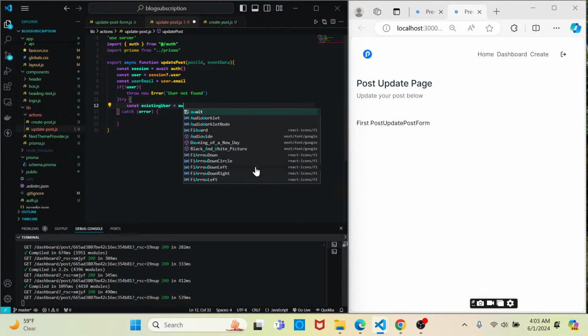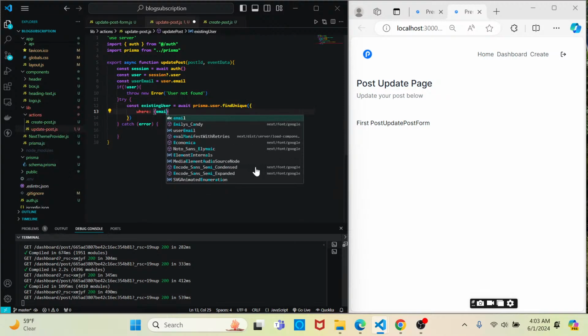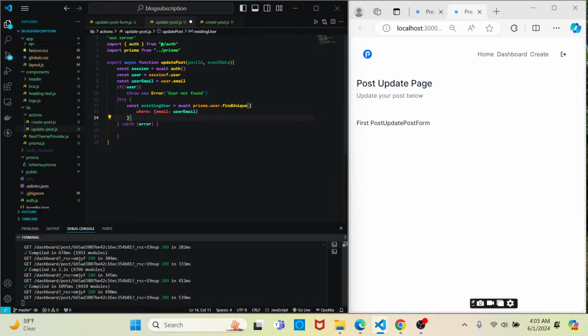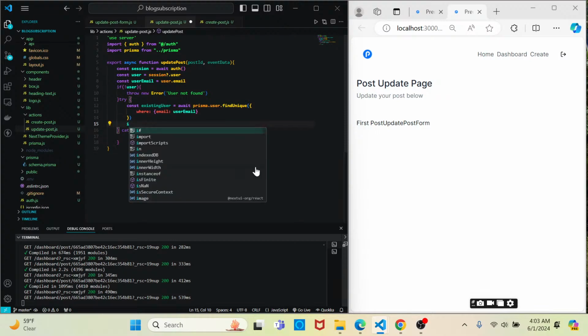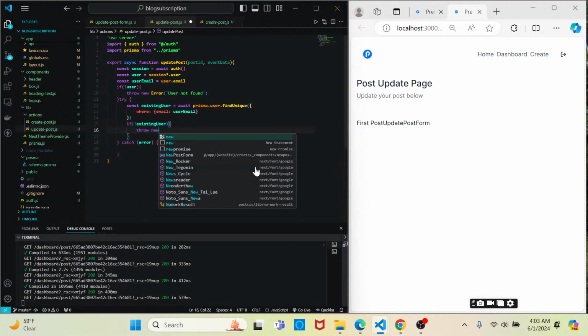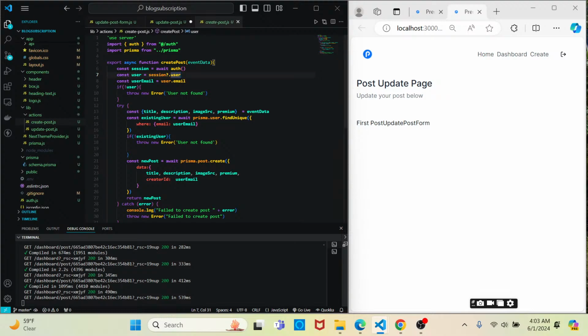Existing user is equal to await prisma.user.findUnique, and we'll say where email is equal to user email, and we'll say if no existing user, throw a new error, user not found. Okay, and then now we'll need to capture the event data, so I'm just going to grab